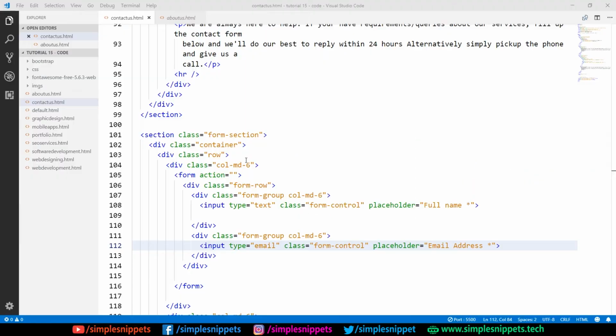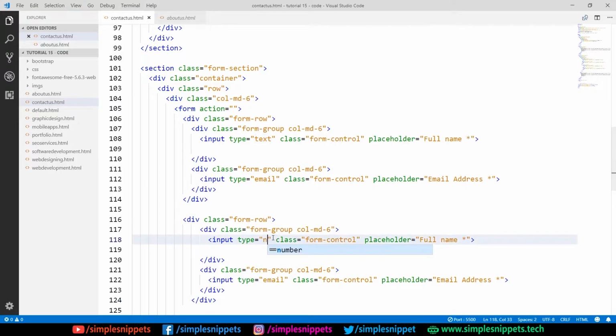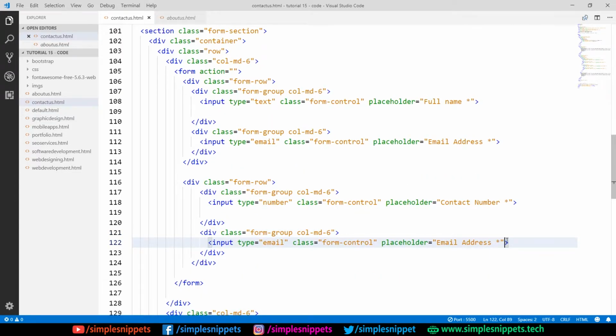So let's add that. Again, I'm just going to copy this complete row and add another row over here. This is going to be number. I'm going to say contact number. And this is gonna be a drop down, right? So this is gonna be a select box and not an input tag. So let's see how we can add that. So instead of input tag, you just have to say select. You can give name, ID, you don't have to give it anything. Right now we just need the class of form-control,